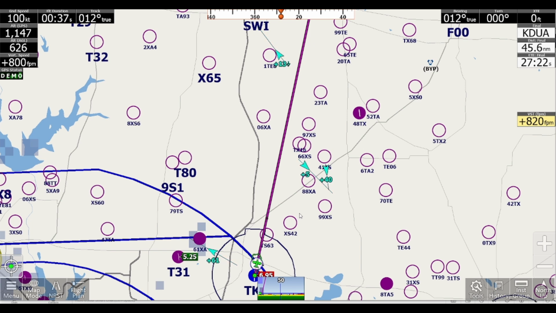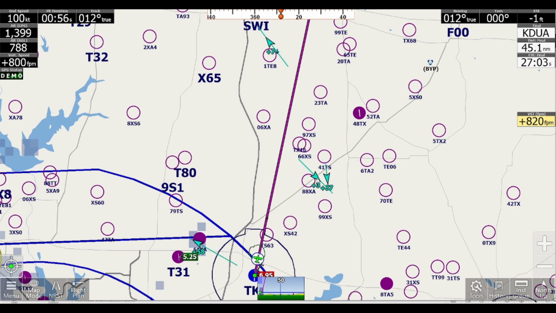Today I'm going to be walking you through what traffic looks like and the different traffic alert settings in iFly EFB. First off, when looking at traffic on the map, it's going to be displayed as a blue triangle in the direction that the traffic's moving. It'll have a number underneath it that indicates the relative altitude it is to you. So if it says, for example, +7, that means the traffic's 700 feet above where you are